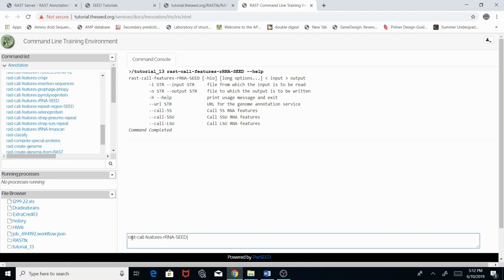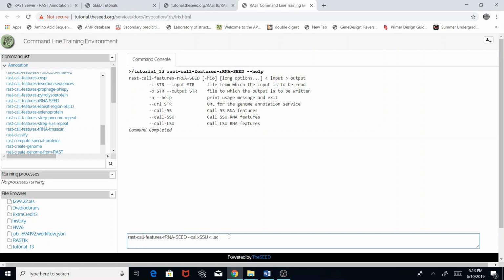So all we need to do is type in rast-call-features-rRNA-seed, and then we can actually give what we want to call for. In this case, just as an example, you can call for other types of ribosomal RNA, but I'm just calling for small subunit RNA, and then we will give the genome